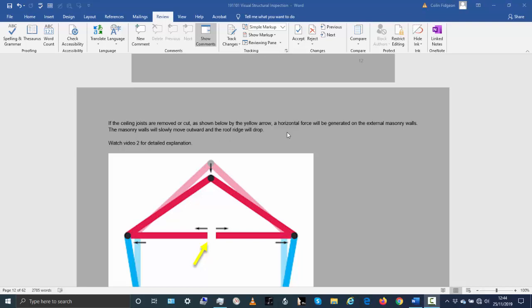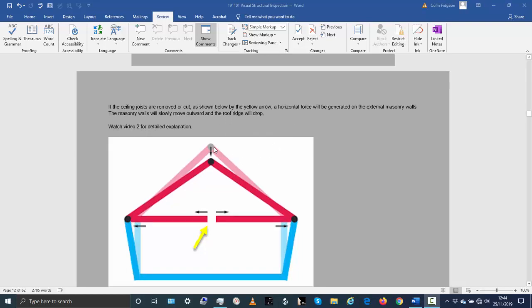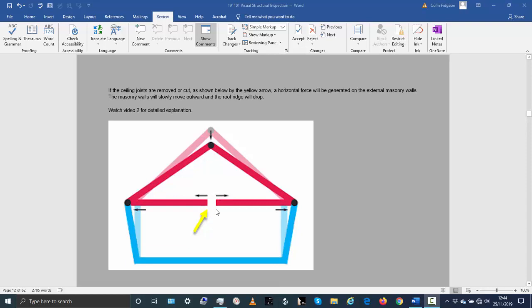Now I wanted to speak briefly about the roof and about roof triangulation, because I remember from one of our discussions you mentioned that you were thinking about creating a cathedral ceiling in the property. I think it was because of the limited head height. I know you were thinking about it, whether you're going ahead with it or not, I'm not sure. So just in case you do go ahead with it, I just want to discuss some of the potential issues that may arise.